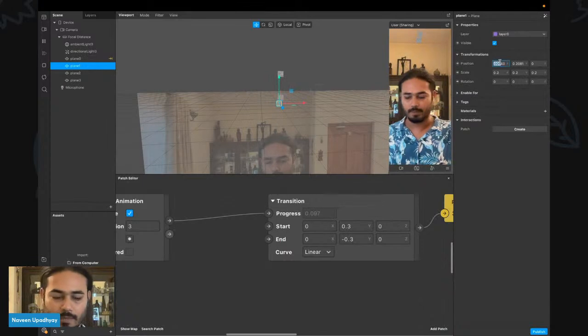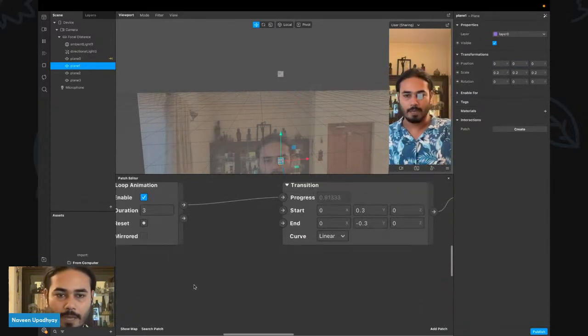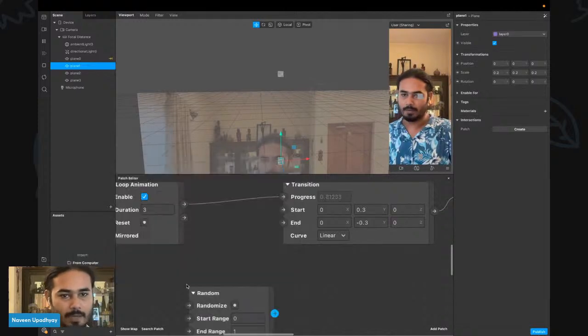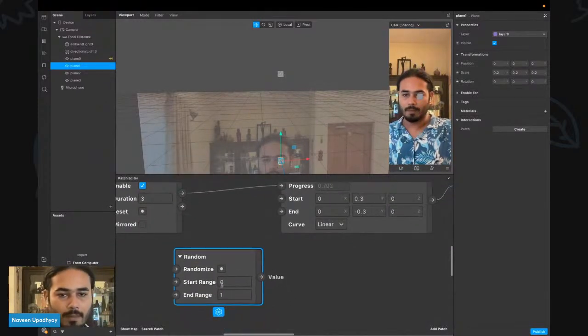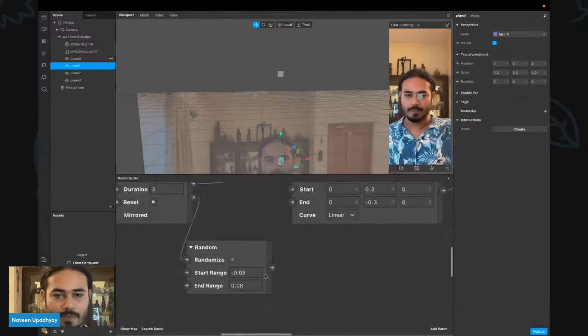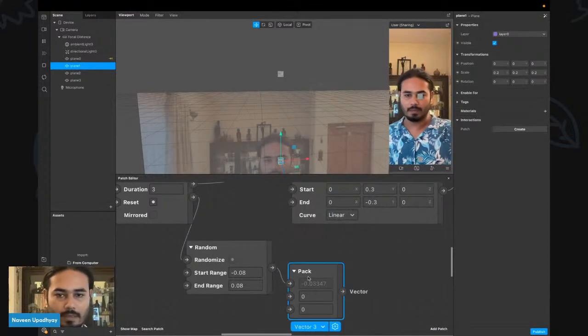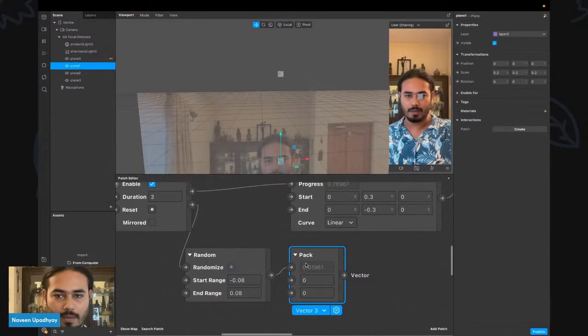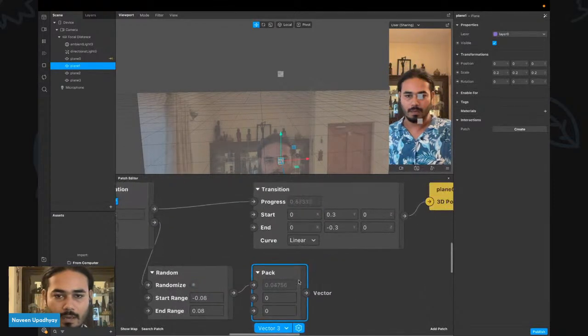So what I'm going to do is use a randomizer patch, a random number between minus 0.8 to positive 0.8. And this should happen every time the thing respawns, right? It respawns right here when the loop animation completes. And if that happens, then I'm going to pack this to a 3 vector where the 3 vector is, this is 0.3,